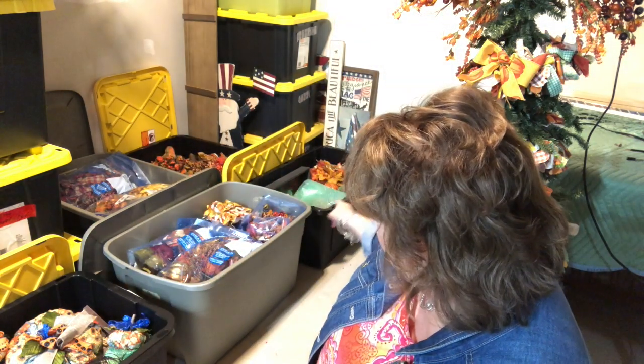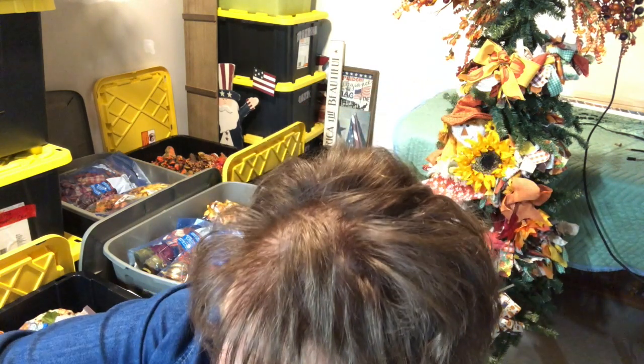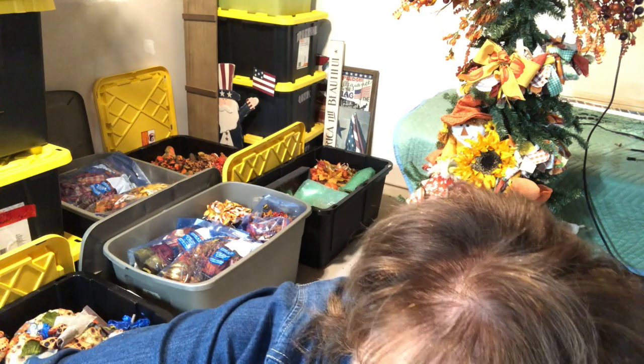But anyway, these are all my fall bins. I'm going to count them right here. I've got 1, 2, 3, 4, 5, 6, 7, 8, 9, 10, 11, 12, 13 bins of decor. And it looks like I have a couple of bins of ribbon over there that we will look at too. I'm not going to take forever going through these bins, but I wanted to show you what I have and to show you why I do not want to make a huge production out of my fall